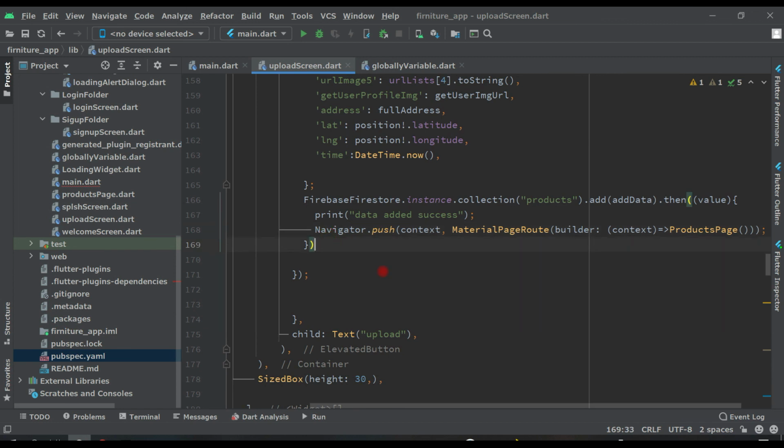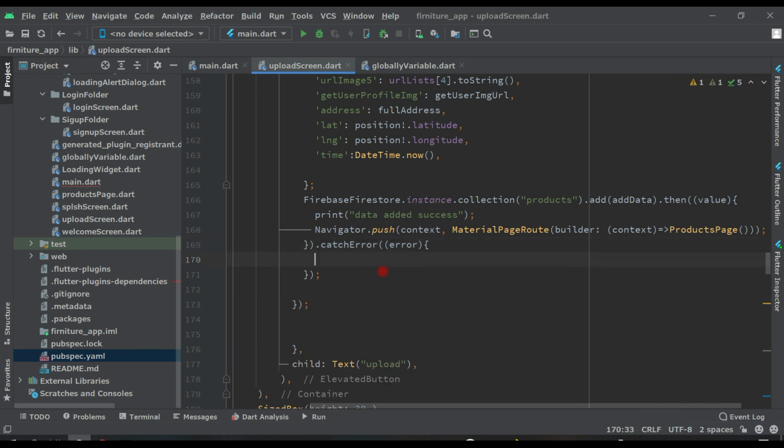And then remove this and write here catchError, put two round brackets and write here error, and put two curly braces, and at the end a semicolon. And here simply print the error. If something goes wrong we will print this, so write here error.